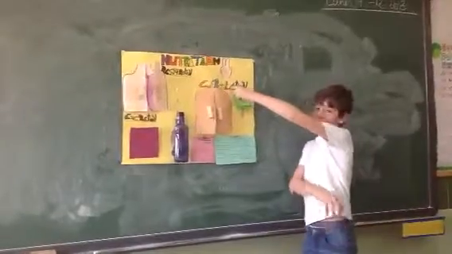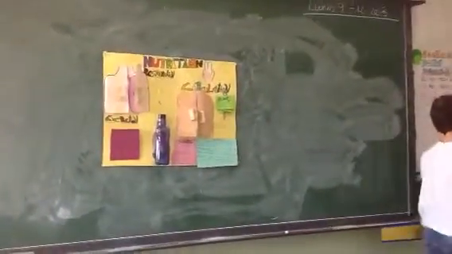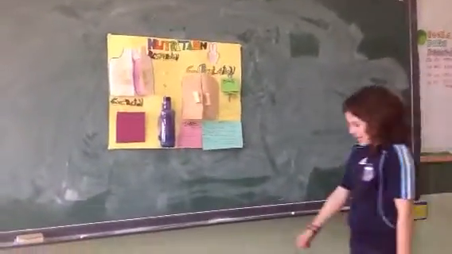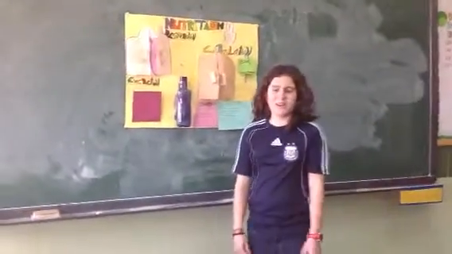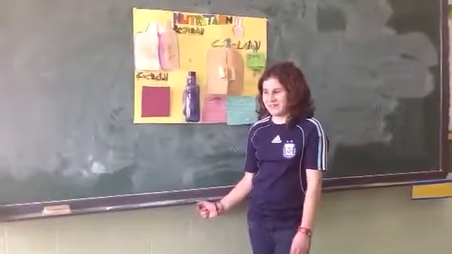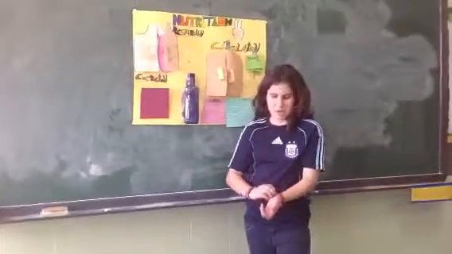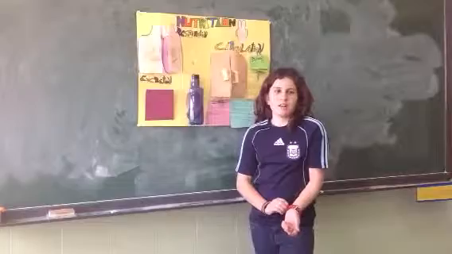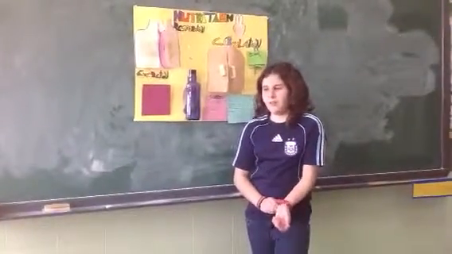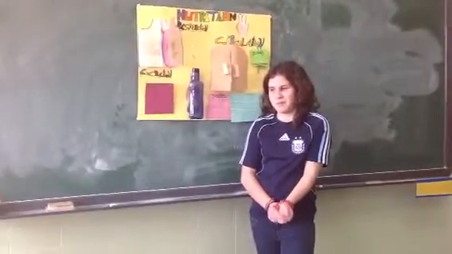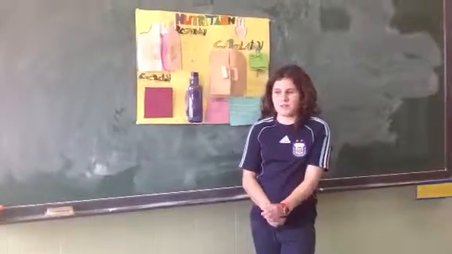Now is circulation. Blood vessels are hollow tubes that are distributed through our body. They circulate blood, and there are three types: the arteries, the veins,